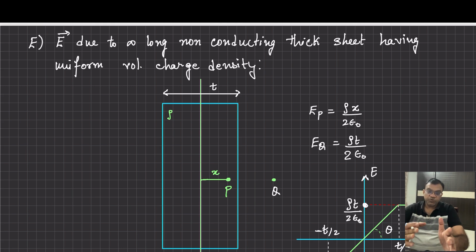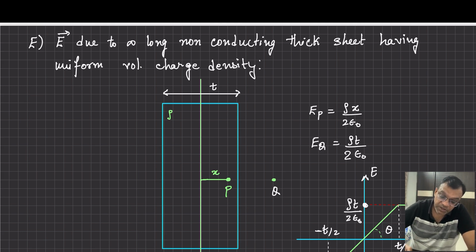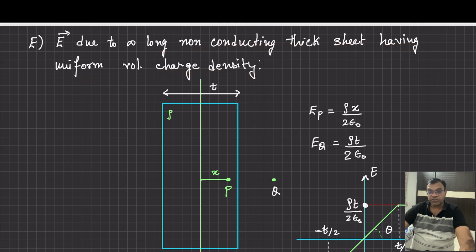Thick sheet means its thickness is slightly more than, not negligible. We are considering the thick sheet, and here we are considering the volume charge distribution. As we are considering the volume charge distribution, it can be only a non-conducting sheet. So we are considering the electric field intensity due to an infinite long non-conducting thick sheet having volume charge density